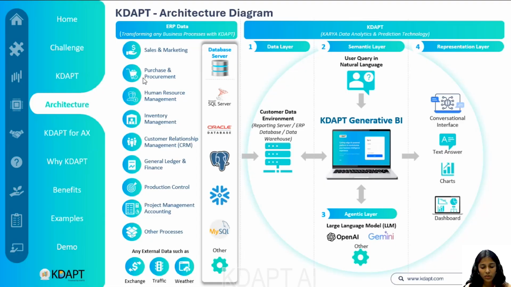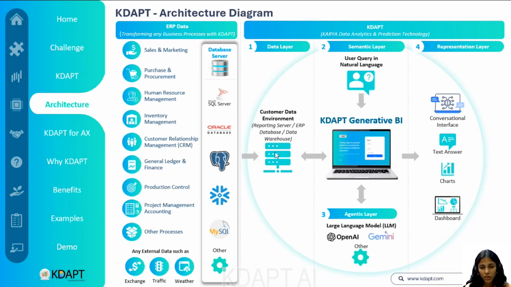The second one is the semantic layer. This is the brain that translates your plain English question, like what were last month's sales in New York, into something that the system actually understands. So you don't need to know the database language. This layer figures it out for you. The third one is the agentic layer, the AI powerhouse. This is where AI tools like OpenAI and ChatGPT come in. Once your question is understood, this layer plans how to find the right answer, pulls the data, analyzes it smartly, and creates a clear response for you.